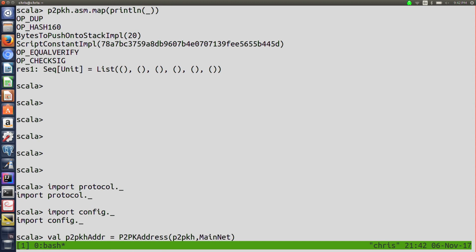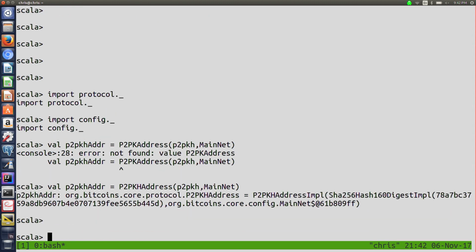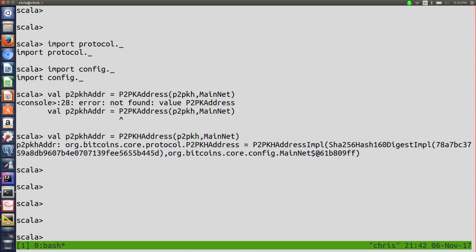Some people don't know this, but Bitcoin has multiple networks. There's mainnet, which is the one we've all heard of before, that has like $100 billion worth of value on it. But then there's a testnet that developers use to tinker around. That's where you can really have fun. I'm going to specify the mainnet as the parameter in this address. Why do you have to specify the net? Because I will show you. It's nothing to do with the actual contract itself. It's for humans.